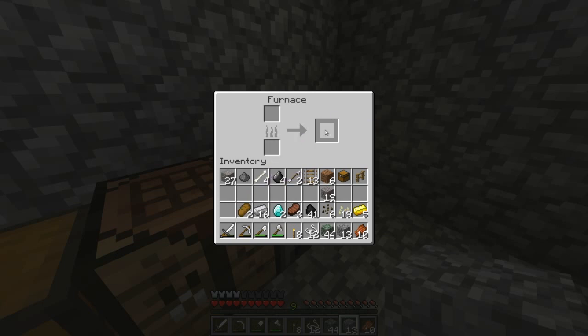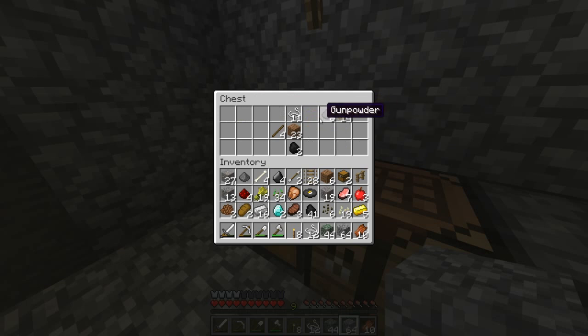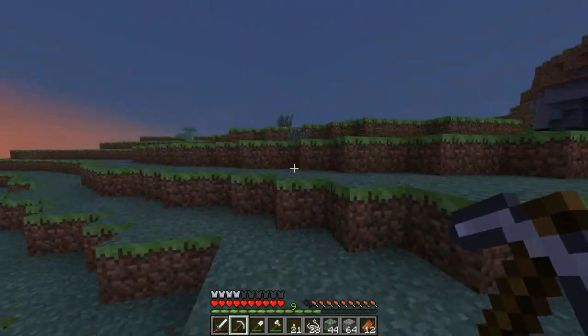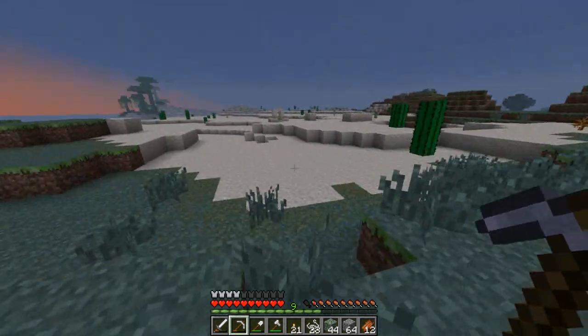Okay, I'm just going to grab all the valuable materials here. Anything we might want to take with us: cocoa beans, food, of course. We'll take the rails, seeds, a few more chests. And just as the sun is rising. That's awesome. So we were heading down on...